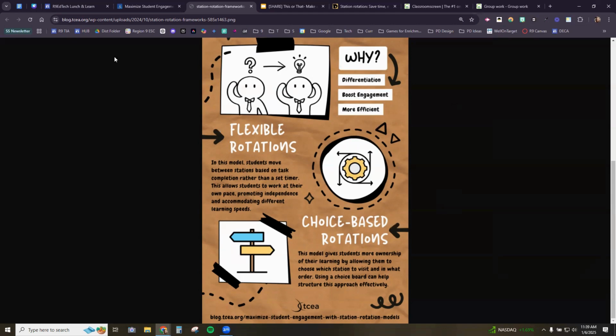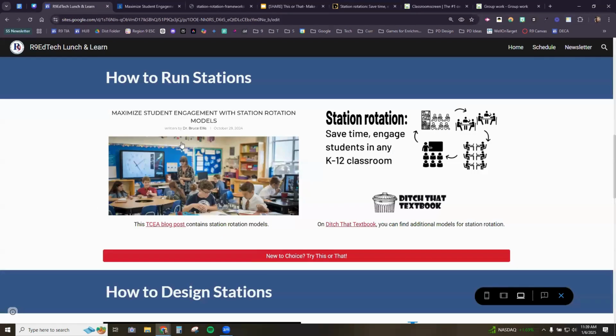So I'm going to take a quick second to jump back to our site. Again, that's all listed out in this TCEA blog post, but I've provided a link down here. For me personally, as a middle school teacher, I never thought stations would work in a middle school classroom. There are too many students, it's too much to organize. And so I went into this mindset of, well, let's just try a smaller chunk. So the idea of